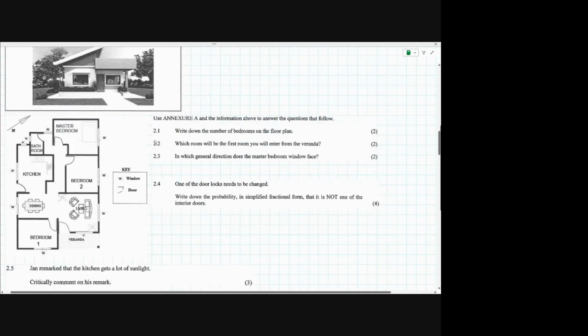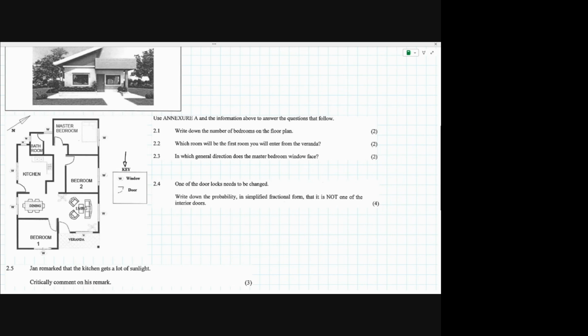All right, so this is Annexure A. It's got all of this stuff here. Importantly, we have been given a key, so if we're not sure what something represents, we can check. Doors open, and doors are generally like an open D shape. I don't really know how else to describe them. Windows are generally a clear white rectangle in a wall. You can see here what I mean: there's the rectangle in a wall that represents a window. Sometimes we put other things in your key that represent certain features, but generally speaking, everything else is